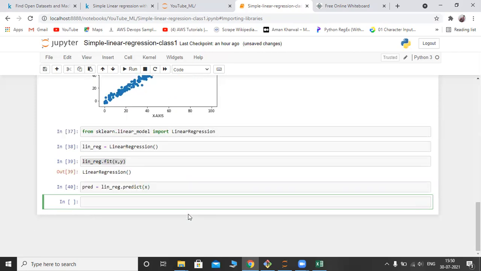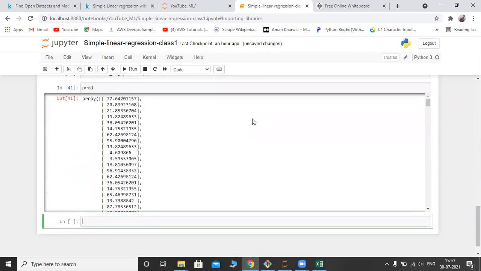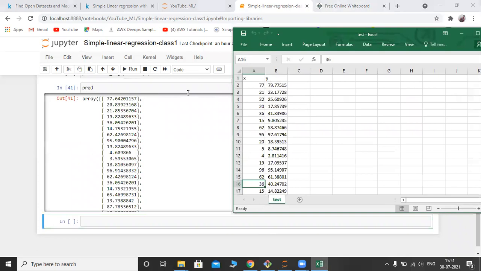Now let us print predicted values. So these are the predicted values. First we got 77.64. What about our real value actually? After training, you are predicting for x 77, you are predicting y as 77.64, but our real value is 79.777515.